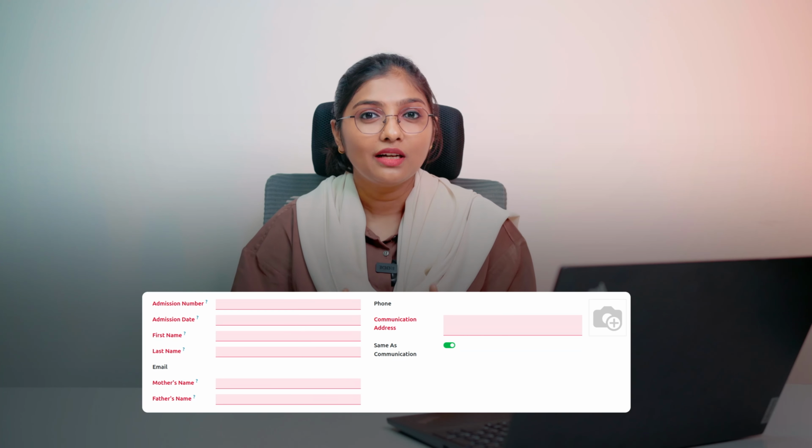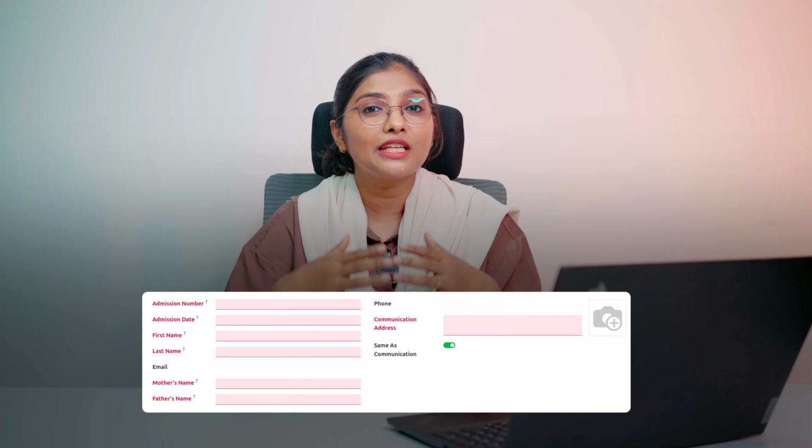And we have many more attributes such as required. If you want to make a particular field mandatory, which means you need to fill out the details in order to proceed with the creation of a record, then you can set the attribute as required for that field. If you want to set a field as read only, you can also do that by using the read only attribute. When you set the read only attribute for a particular field, the users cannot make any modifications to the field.